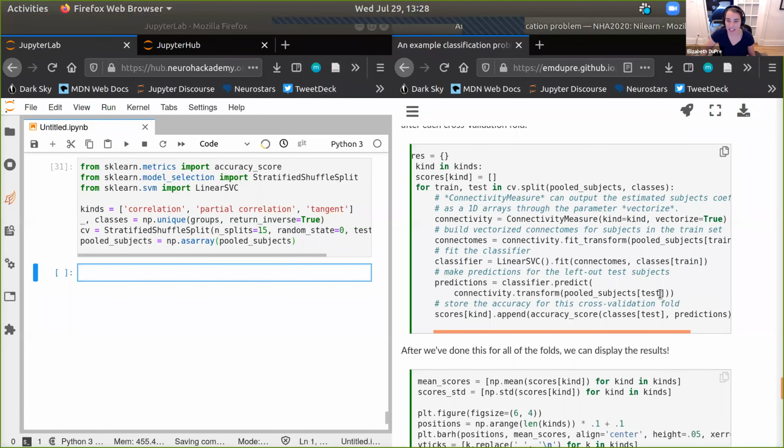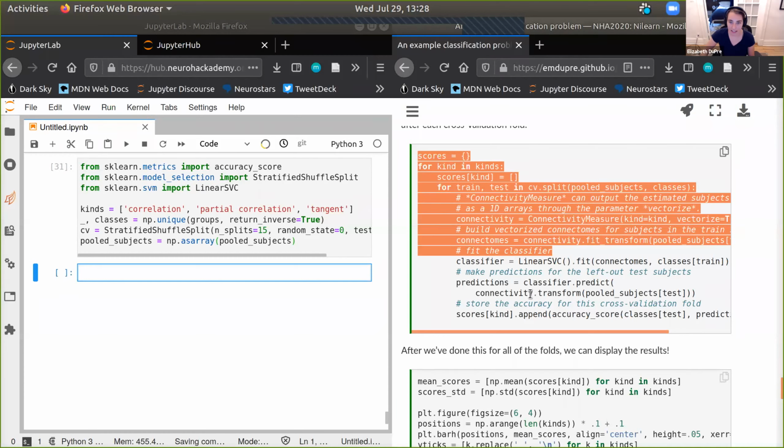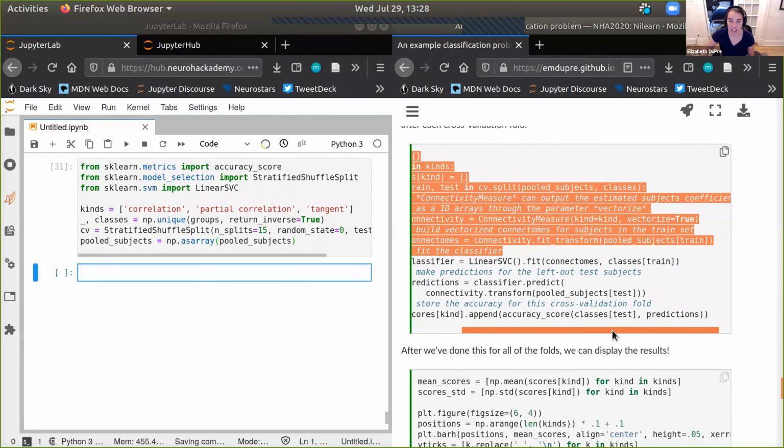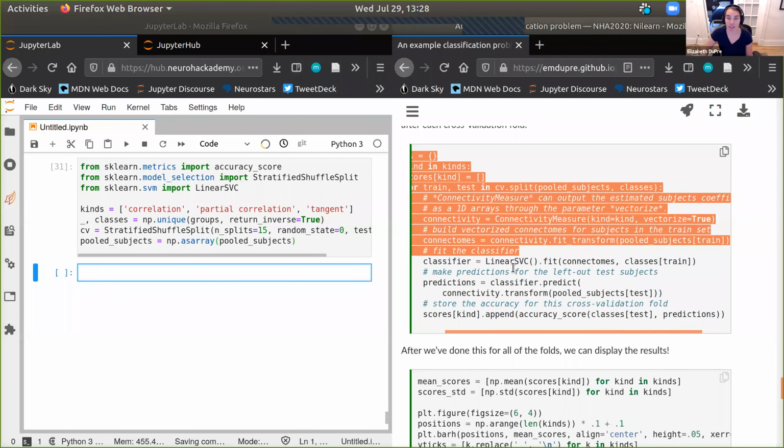So I know this is a lot, but really I just want to say that the only bits that are new are here down, right? And this is just sklearn. So if you're familiar with sklearn, this is really, really nice because the only thing you needed to learn was these little bits of Nilearn.